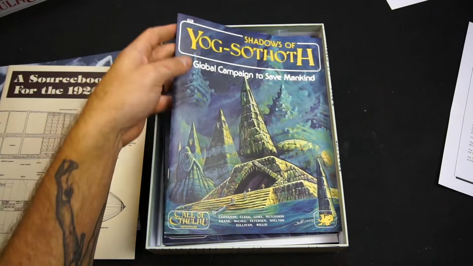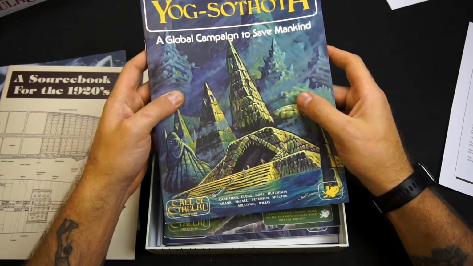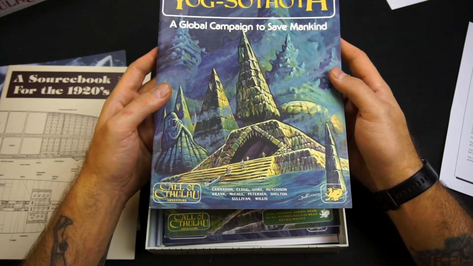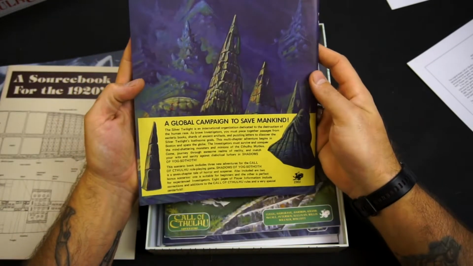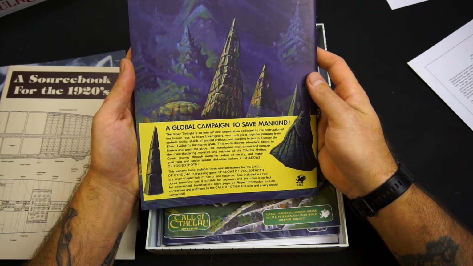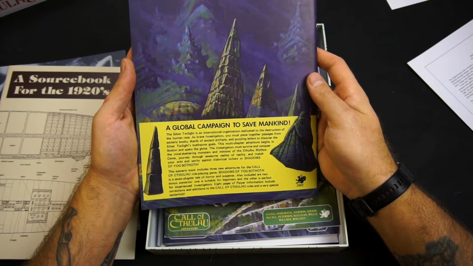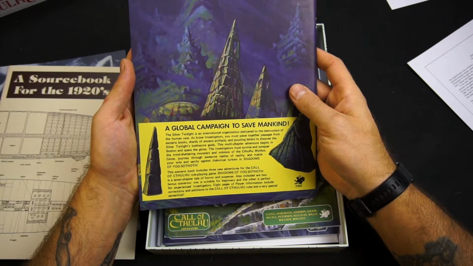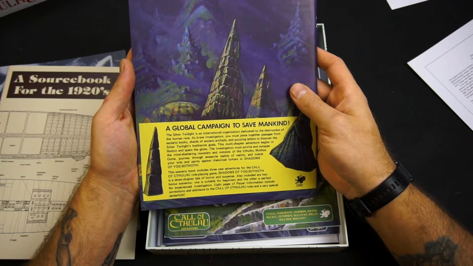Then we get a campaign, Shadow of Yog-Sothoth, the global campaign to save mankind. The Silver Twilight is an international organization dedicated to the destruction of the human race. As brave investigators, you must piece together passages from historic books, shards of ancient artifacts, puzzling letters to discover the Silver Twilight's loathsome goals. This multi-chapter adventure begins in Boston and spans the globe. Investigators must survive and conquer the mind-shattering monsters and minions of the Cthulhu mythos. Come journey through awesome realms of reality to match your wits and sanity against diabolical lurkers in the shadow of